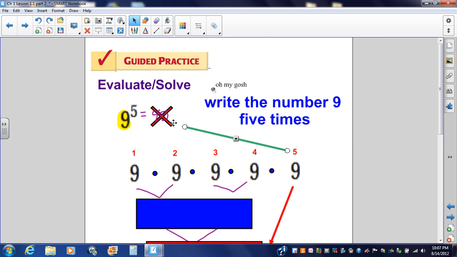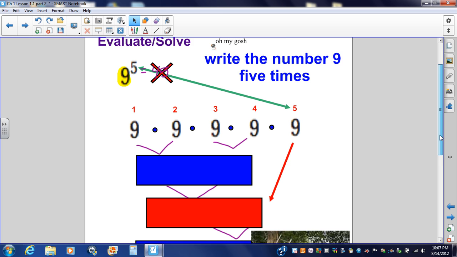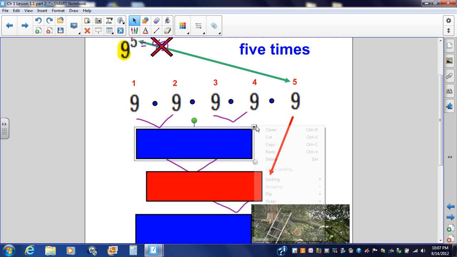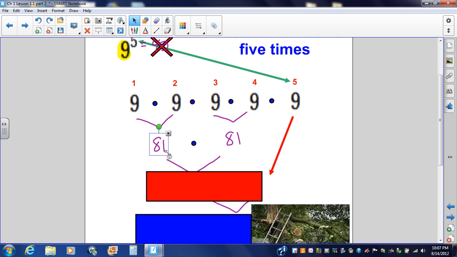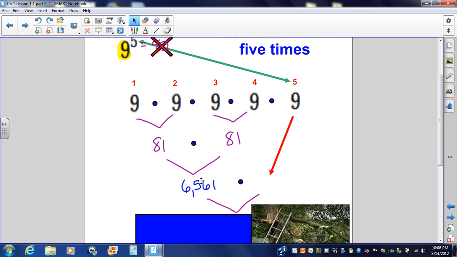Okay, my exponent was 5. I wrote it 5 times. Now I'm going to multiply. So I have 9 times 9. That's going to give me 81. Now I'm going to multiply 81 by 81. That's going to give me